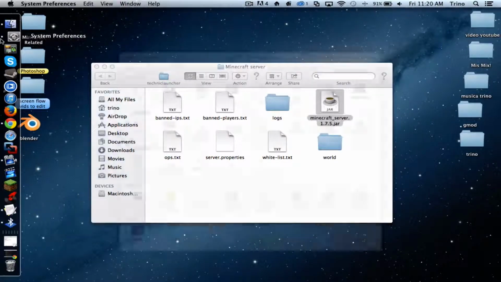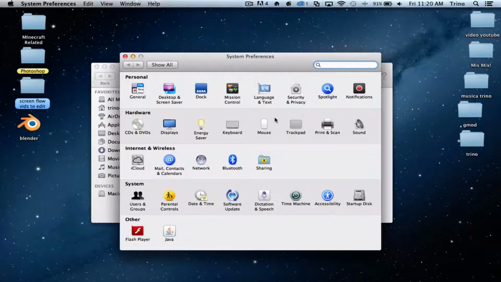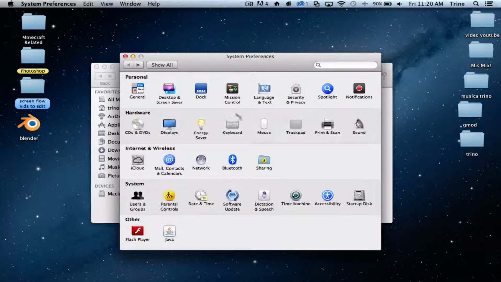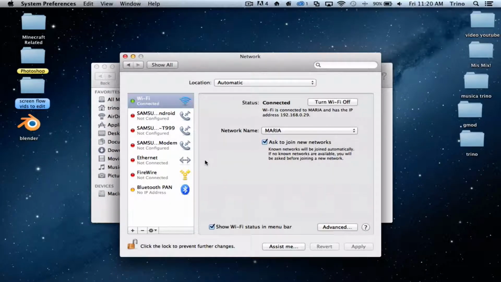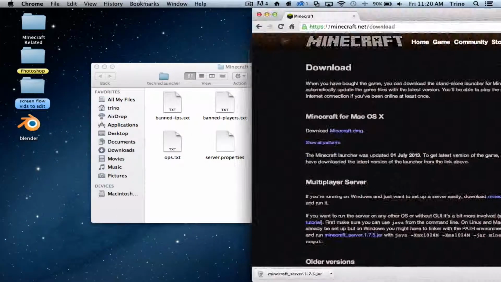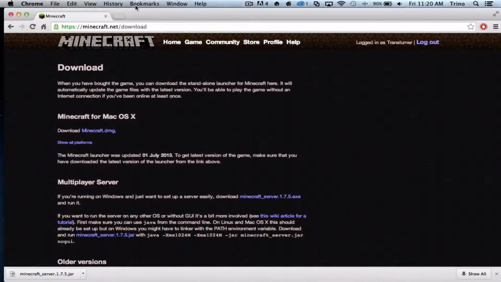So to see that, you need to go to System Preferences, and you need to go to, I think it's Security? No. Network. And then your network is supposed to be right here. There. So you just look it up. For the Quest, should be